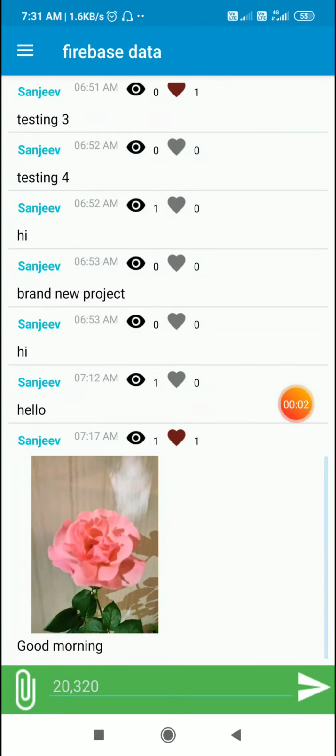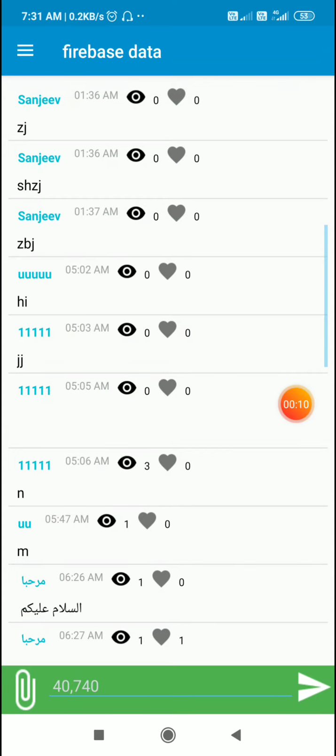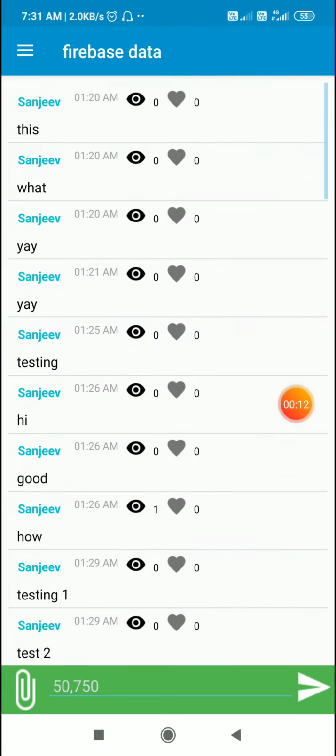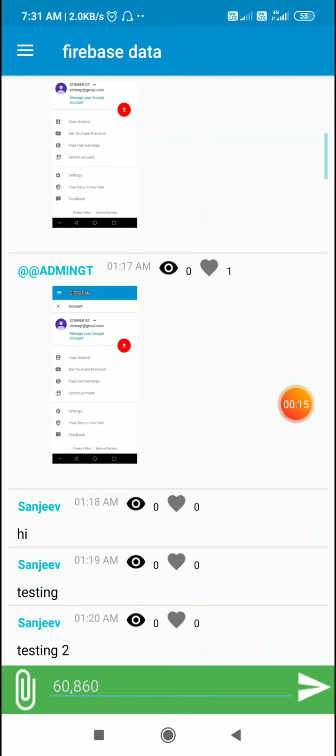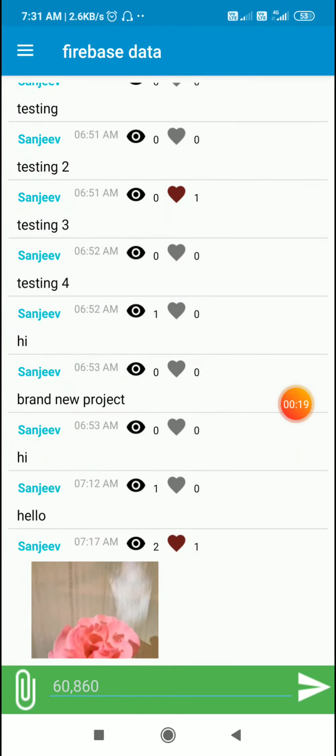Hello friends, this is the chat application which I created in my previous video. Now in this application, earlier though the chats loaded quite early, the loading of username took a lot of time. So now I have added query to get only limited usernames. So here now you can see that it has got 60 chat messages and only 8 usernames.